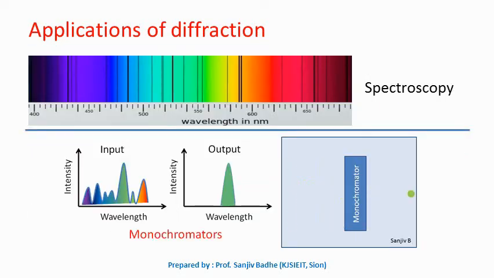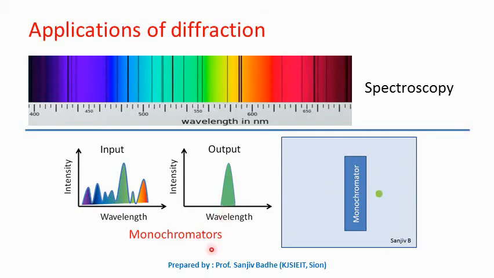One more use of diffraction grating is in spectroscopy. We have seen that a diffraction grating can be used to separate white light into different wavelengths. A prism can also do the same thing, but gratings are still preferred over prisms in spectroscopy because gratings do not absorb ultraviolet or infrared radiations. Such spectroscopes can be used to get information about the stars.